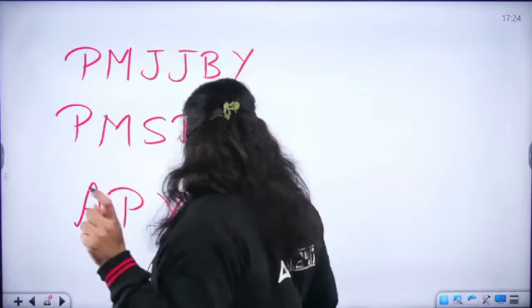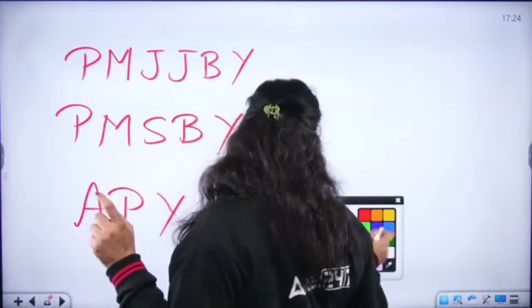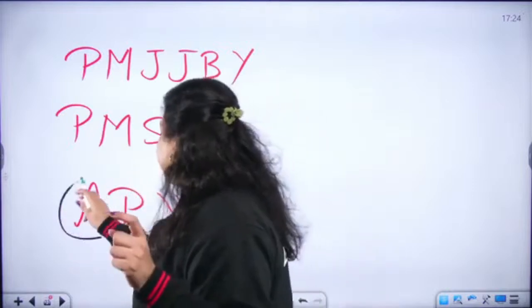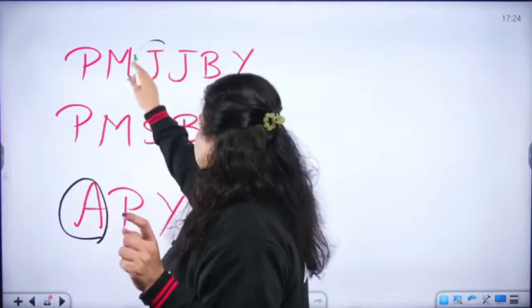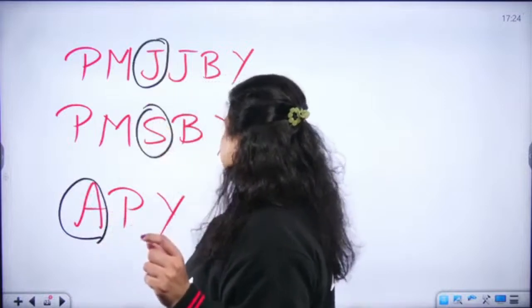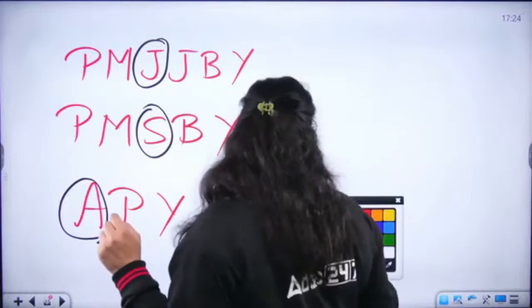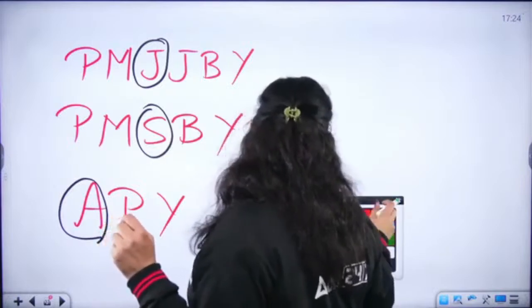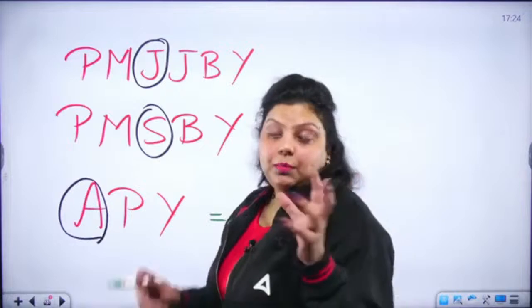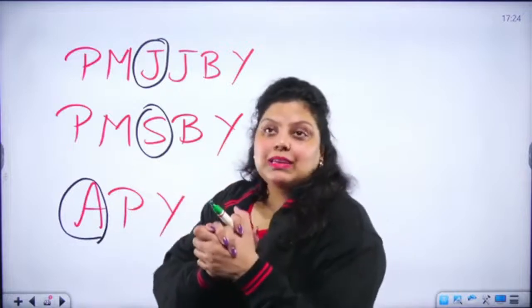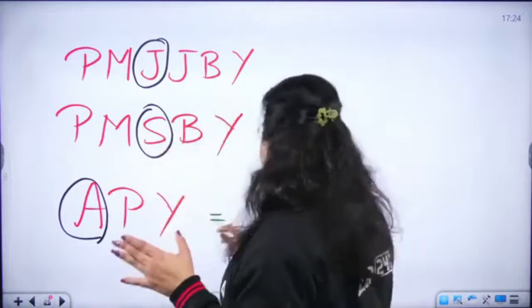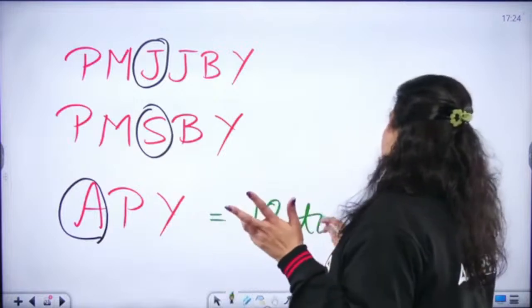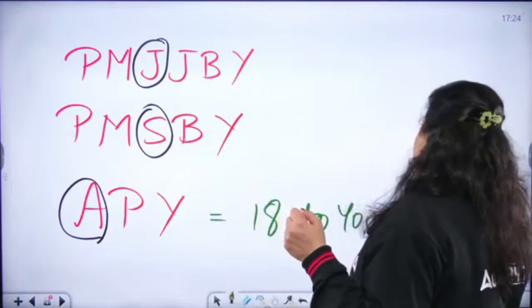So you can remember the age groups with the help of the alphabets A, J and S. Because alphabet A comes first, the Atal Pension Yojana will have an age group from 18 to 40 years. The highest age will be the minimum in this particular scheme.